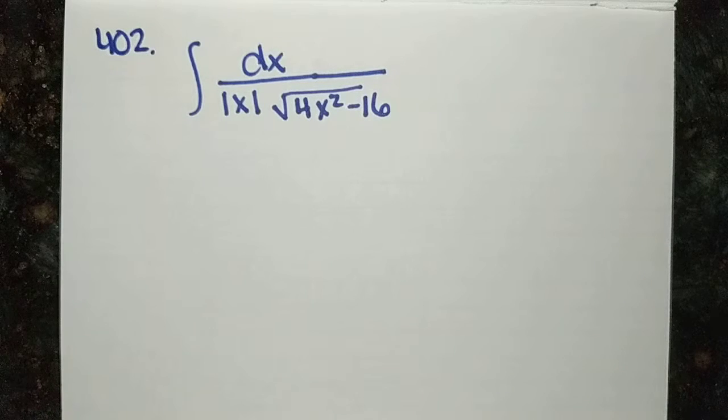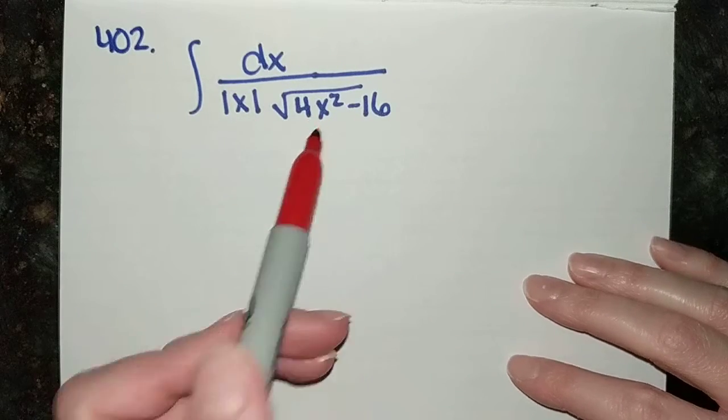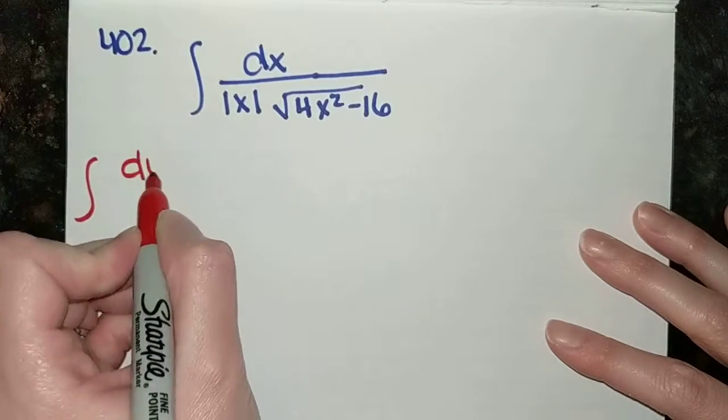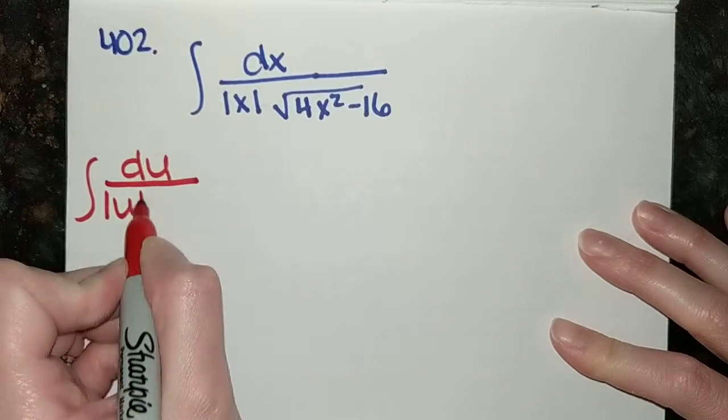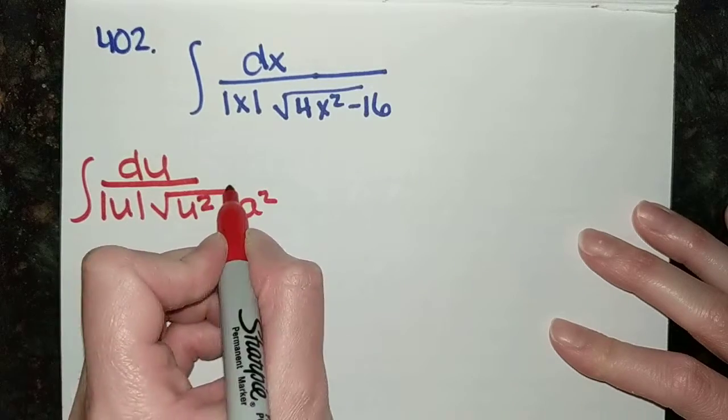This is kind of a cool question because you look at it and it looks somewhat like the arcsecant formula, but here you have an x and here you have a 4x squared. So how exactly are you going to deal with that? Remember, the rule is du over absolute value of u, square root u squared minus a squared,